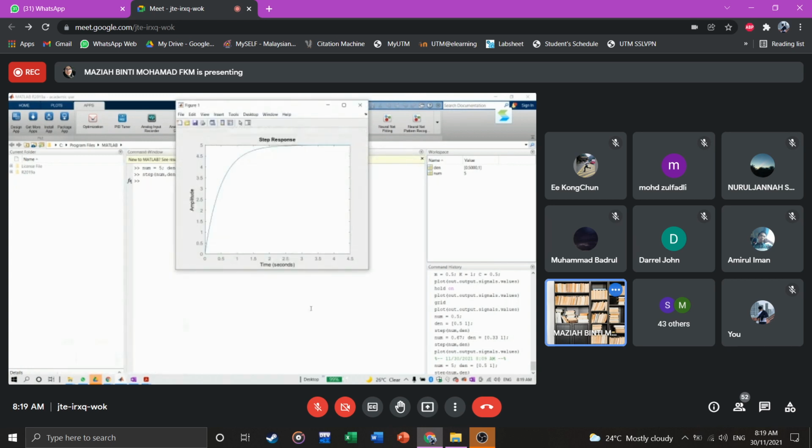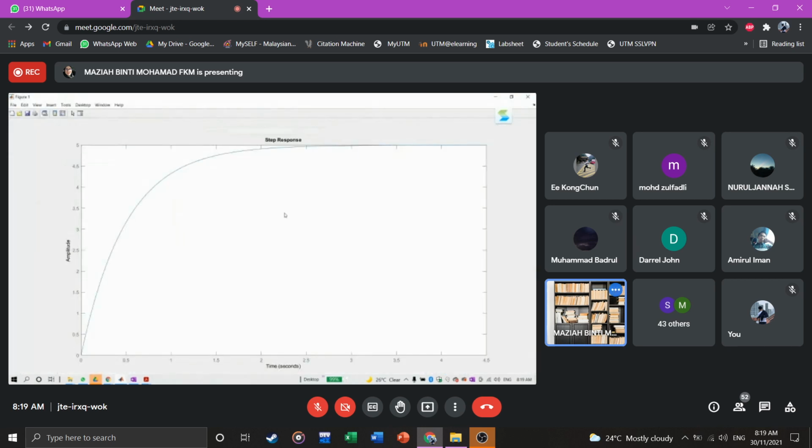We can see here, this is the response. We can see the final value is 5, because the gain is 5, K multiplied with the unit step input. So the final value is 5, and then at 0.5,